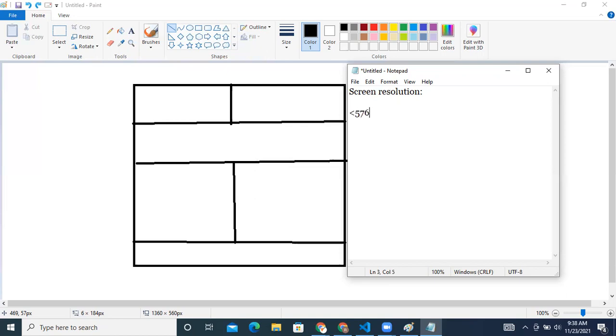If the screen resolution is less than 576px, it is considered as extra small devices. If it is greater than 576px and less than 768px, it is considered as small devices.